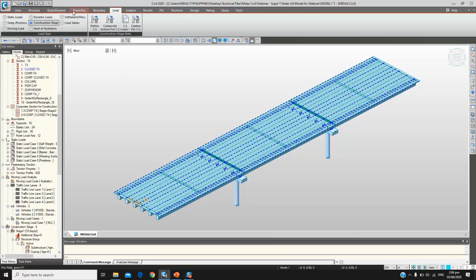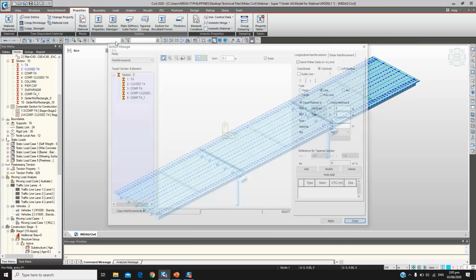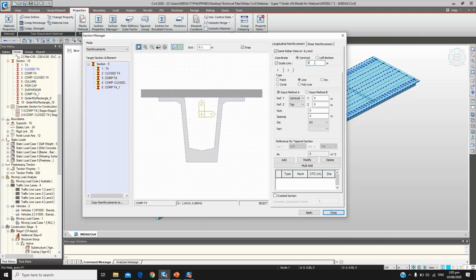Then aside from that, we can also input the reinforcement so that we can use it for the design part. So for the reinforcement, it is under Properties tab, reinforcement. Then for the Composite T4, we can have a guideline so we can easily draw our reinforcements. So I'll be using input method B or using the coordinates. So I'll start from the guidelines to the end. Then input the number of the rebars, check on the edge bar, and then let's change